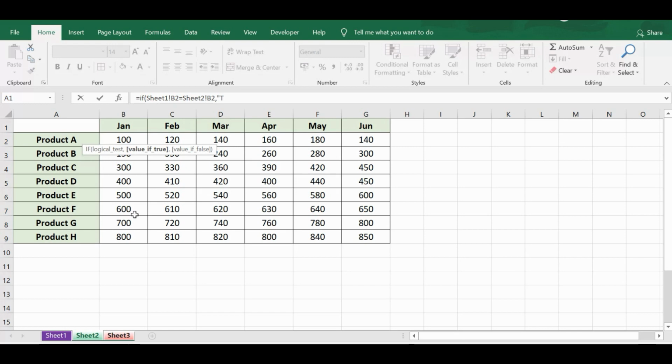The same value, true. Then comma. Now I will write a formula to see the differences, or I would say to see both values. So what is that?